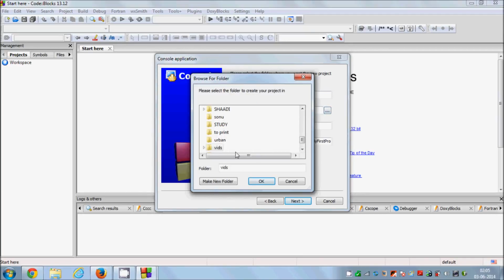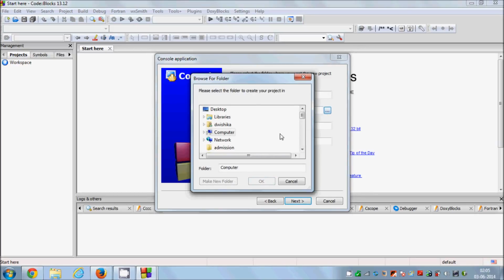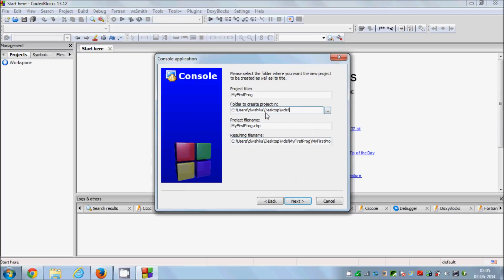one folder in which you want to save your program. So for the first time when you start this code block, this option will be empty, and you need to give some path here to a folder so that your C++ program can be saved in that specified path. So just give the path of the folder in which you want to save